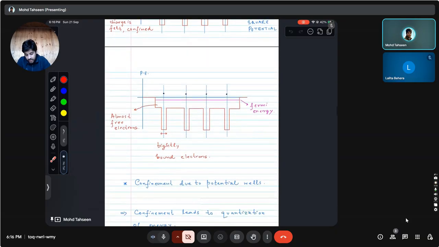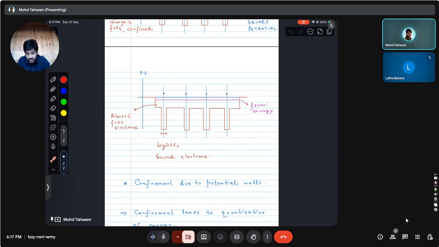So if we take an example, this would be an approximation of the potential well as experienced by an electron, and we see that there are two different levels of confinement happening here, right? One confinement is happening just around these ionic cores, where the length scale is very small, okay? And electrons present inside this energy well are called tightly bound electrons. These are the electrons which remain bound to the ionic core and do not move in the sample like the free electrons do, right?